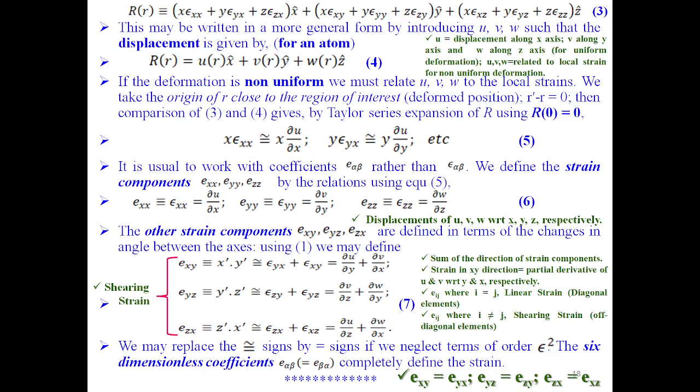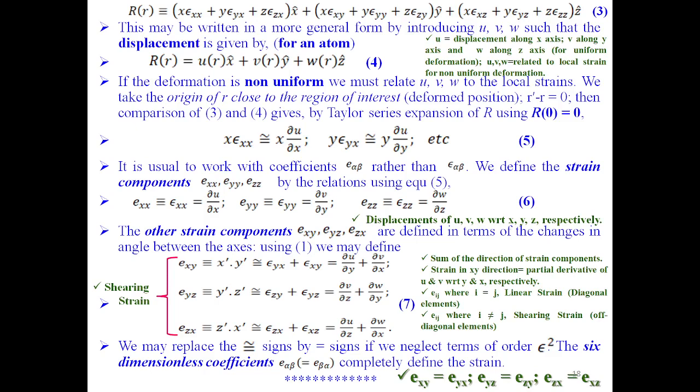And if the deformation is non-uniform, we must relate the displacement along the x, y and z axes, that means u, v, w, to the local strains, because it is non-uniform. Then we take the origin of R close to the region of interest, as discussed in the earlier slide. So at the deformed position, R prime is very close to the original position, so R prime minus R gives 0. Then comparison of equations 3 and 4 gives, by Taylor series expansion of R, with R of 0 equal to 0,